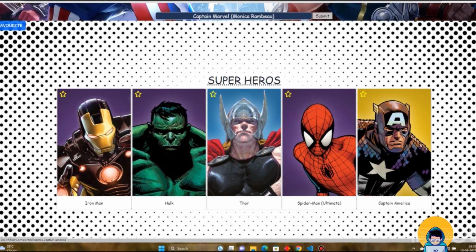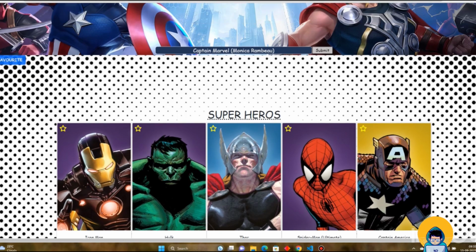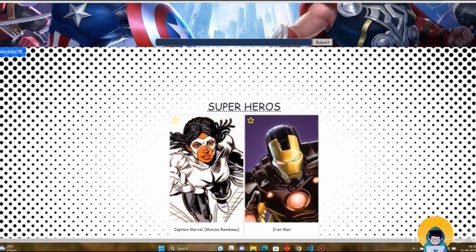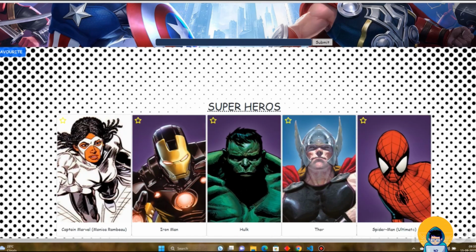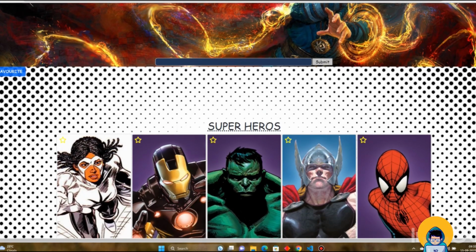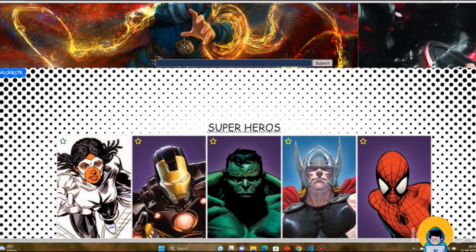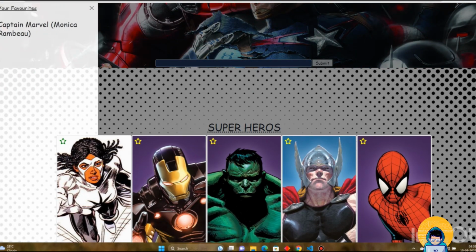Now if you submit this, your character gets added to the superhero queue. As you can see, Captain Marvel is added to the superhero queue. Now you can see that there is a star on the image of the superhero character. Whenever you click it, it gets added to the favorite list. As you can see, each and every character, when I click on its favorite button, gets added to the